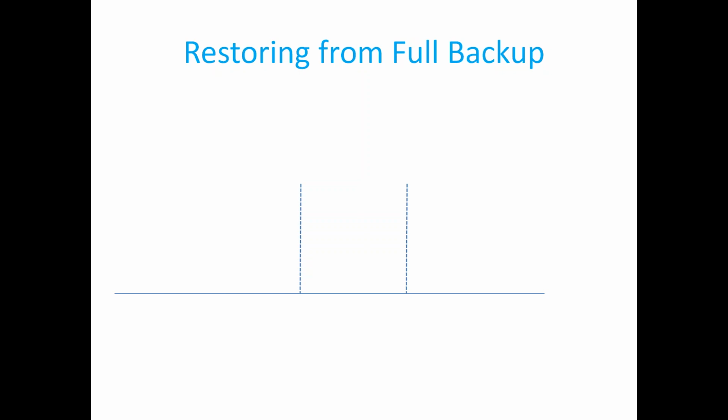So on Monday, I'd be taking a full backup. On Tuesday, a second full backup. Wednesday, a third full backup. And Thursday, a fourth full backup. So this way you keep on taking full backups every day on your database. Now let's assume the database crashed on one day in the week, probably on Wednesday or Thursday. How do we recover? How do we choose what backup to restore the database from? So here I've got the full backup for Sunday.